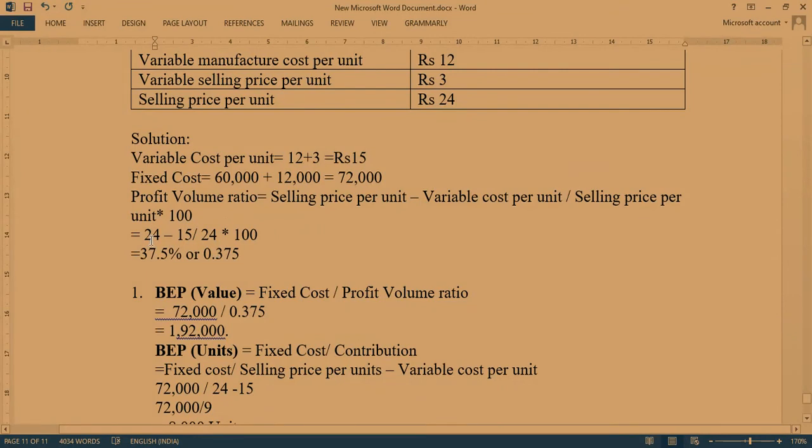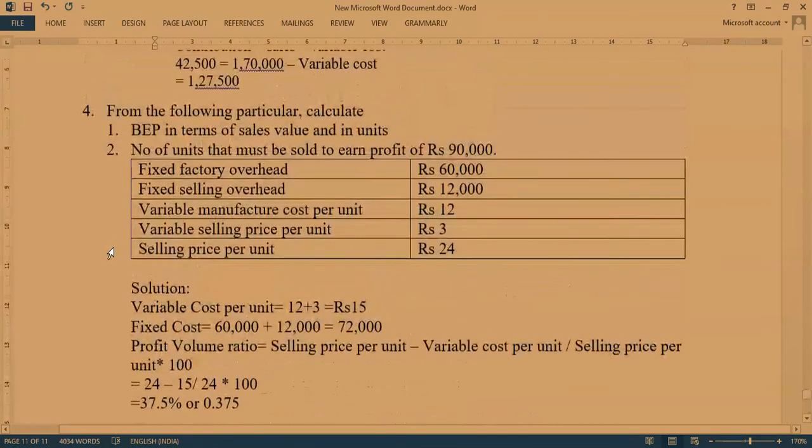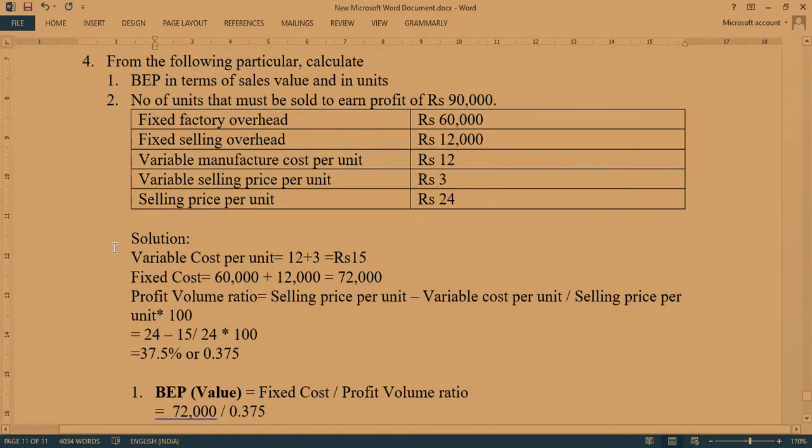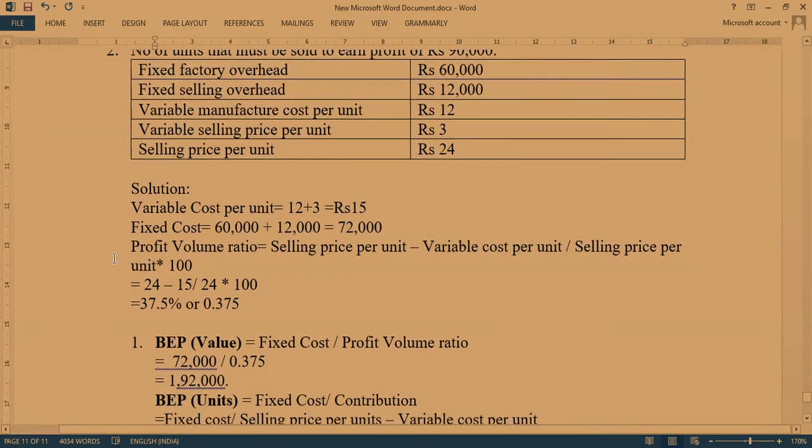So again, I am telling you again and again, before going to a question, please kindly read the question carefully and try to understand the question carefully, and later try to understand the formulas. Here, understanding the formulas is more important. Once you are pakka with the formulas, definitely you are through with the problems. Please make sure that you follow this, and if anything is there, let me know.